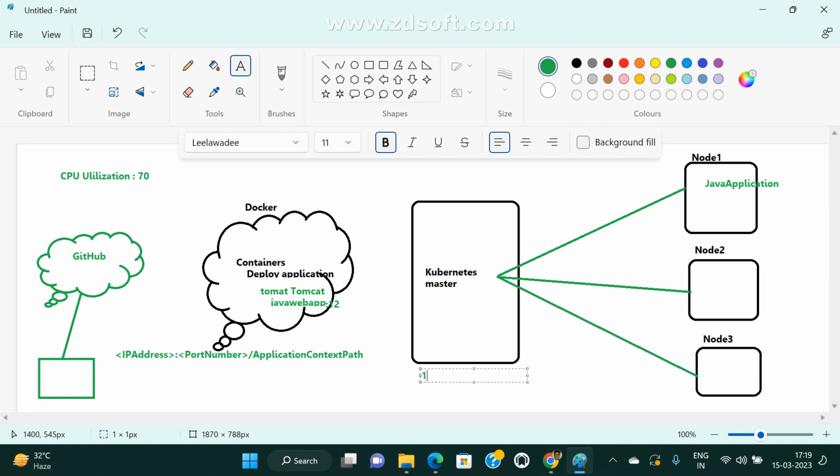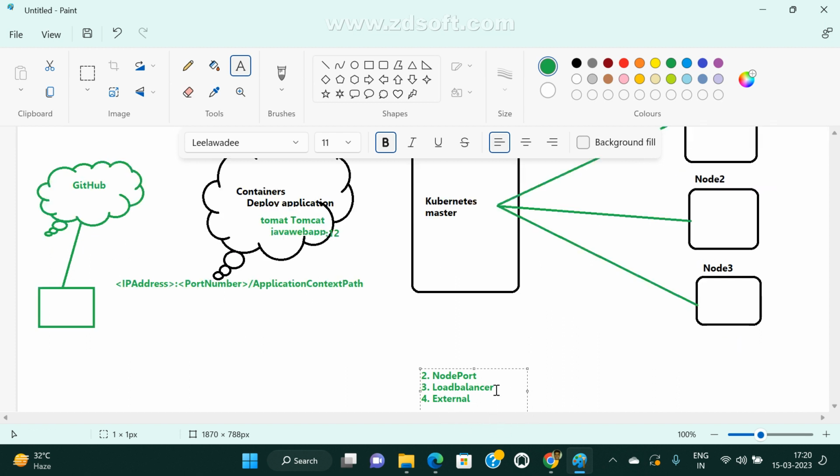Anyway, we'll see later. First there is cluster IP, which is very important. The second one is node port, the third one is load balancer, and the fourth one is external name.